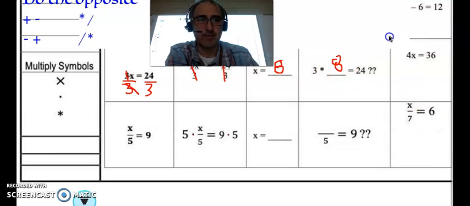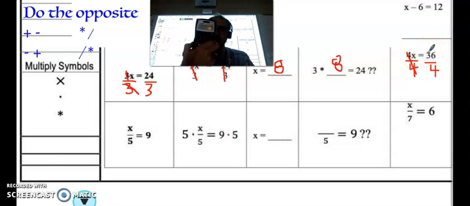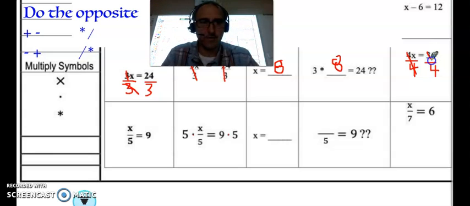So then you have a sample problem here. The sample says 4 times a number equals 36. Again, remember, we're doing the opposite. This says 4 times. The opposite of times is divide, so we're going to divide both sides by 4. 4 divided by 4 is 1, so we're left with an x there. In my calculator, I take 36 divided by 4. I get x equals,